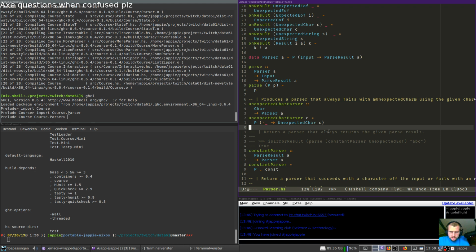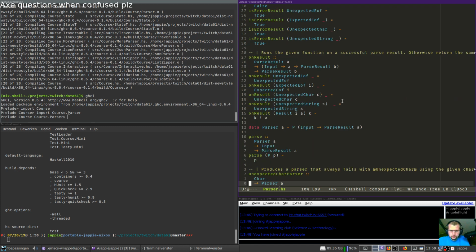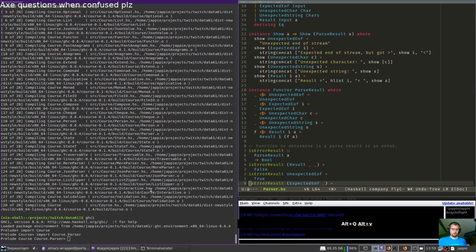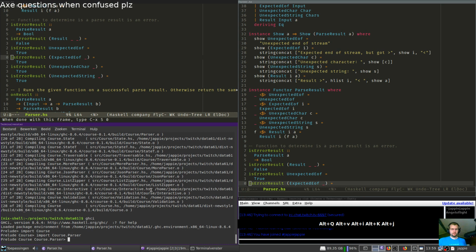Return a parser that always returns the given parse result. So I believe the idea is that you can just reload with GHCi and then you get any compile errors in there.